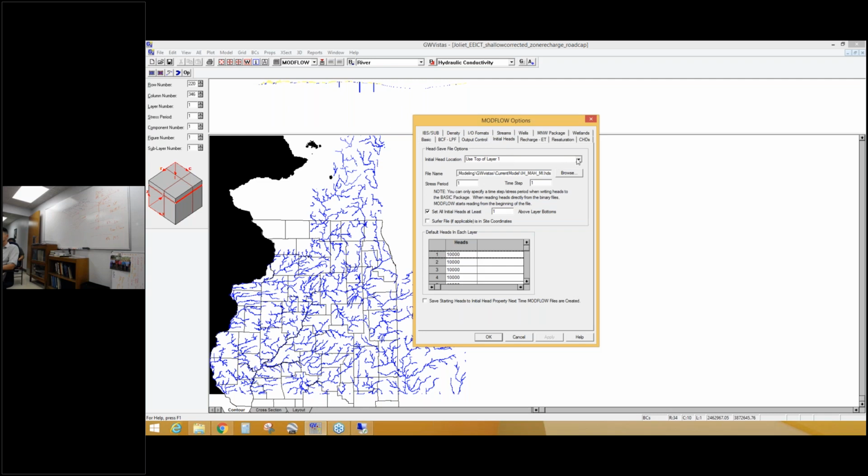Sometimes we will grab our initial heads from an actual file, the head save, or this set heads from a head save file. And we will need to point this to a specific file. And you'll have to modify your directory when you fire it up. We're not doing that now